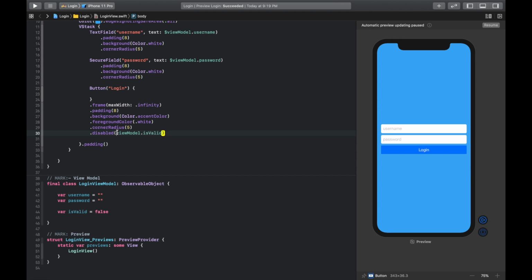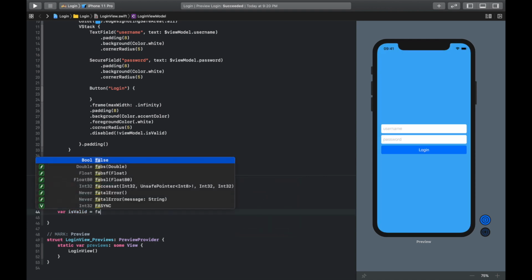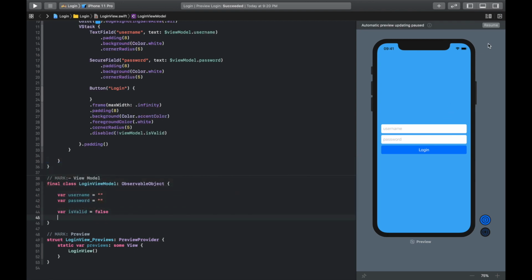value to disable. So now whenever isValid is true, that means disable has to be false, so we will just invert this value. Now we will simply resume and see the login button should be disabled. Okay, so you can see this login button is disabled. So I'll just run this simulator here so that you can see the live updates. I'll just change this to true and we'll see whether this button is enabled or not. So you can see this button is enabled. That means the only thing we need to do is update this isValid variable, then it will automatically update the value of the button. So how are we gonna do that?